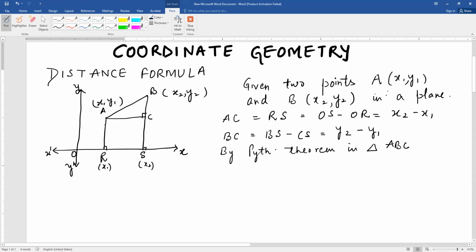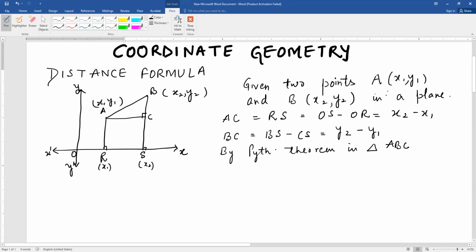We draw perpendiculars from A on the x-axis and from B on the x-axis at points R and S. Similarly, we draw AC perpendicular to BS so that this triangle ABC becomes a right angled triangle. Now what is AC? AC is nothing but RS because these are all parallel lines. AC is equal to RS and R point is,